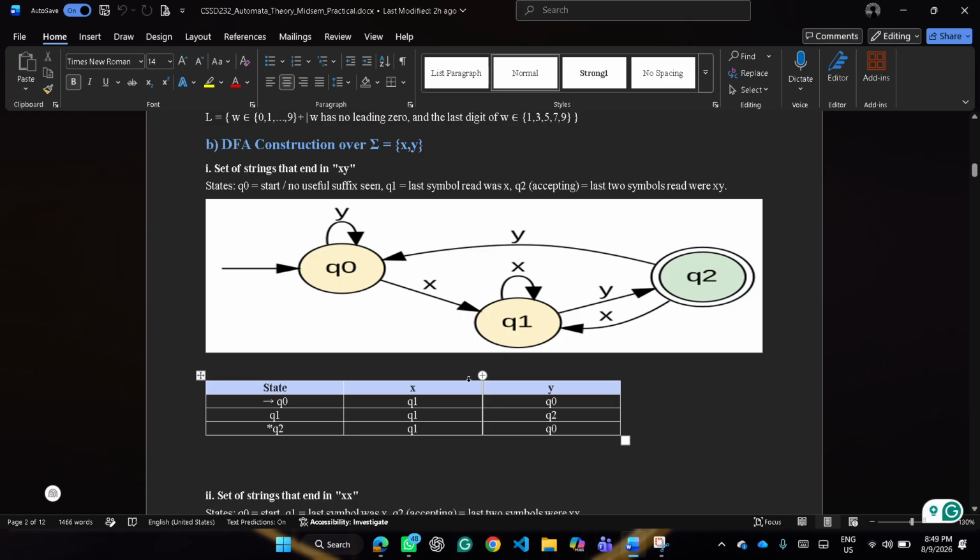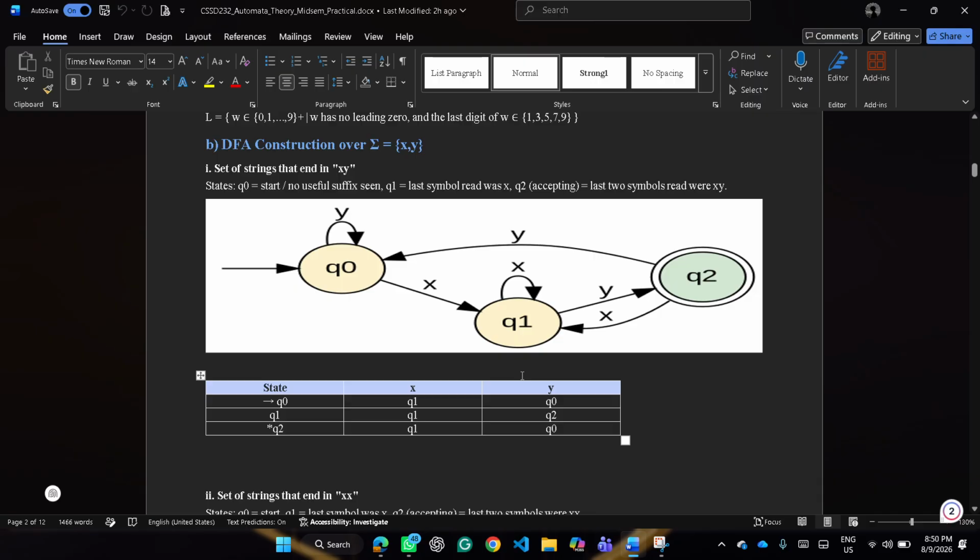Yes. So for part B, I just built DFAs all over the alphabet X and Y, and the pattern I use for all three is the same idea. I only need to remember the last one or two symbols I have seen, because that matters for deciding if I'm about to end in a certain pattern. So for ends in XY,